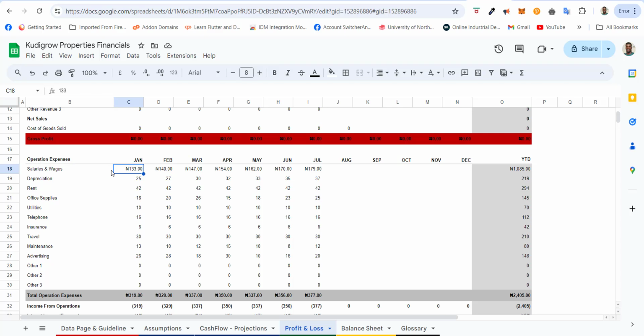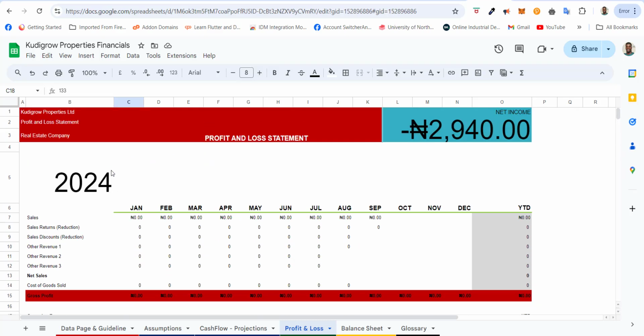Here you see, when it comes to profit and loss statements, we have sales. So the sales, the entire revenue generated for that month, is here. The returns, are there people that say they need a refund and all of that, that is also factored in here. Did we give any kind of discount from the major pricing? That will also be factored in here. So this takes the entire sales